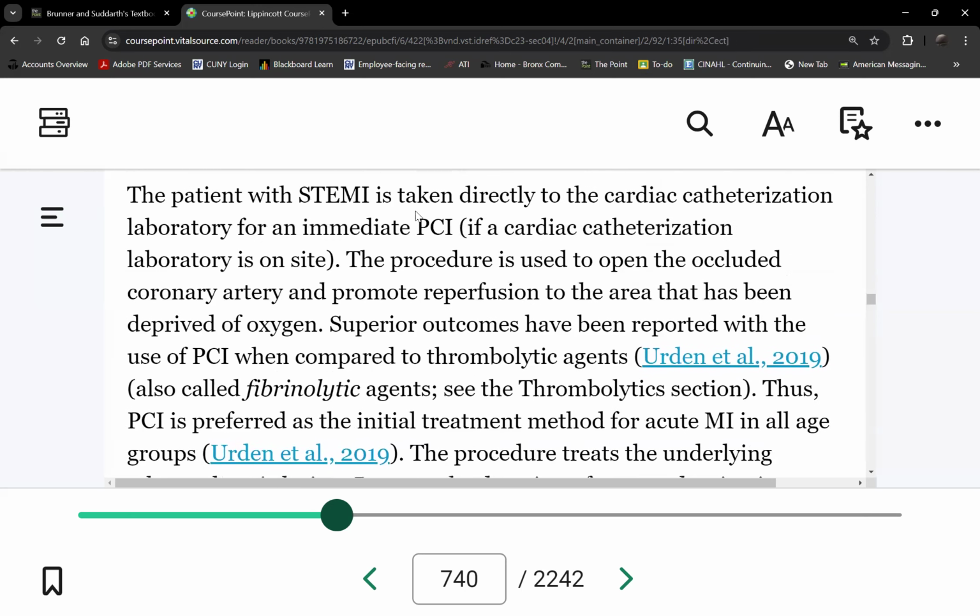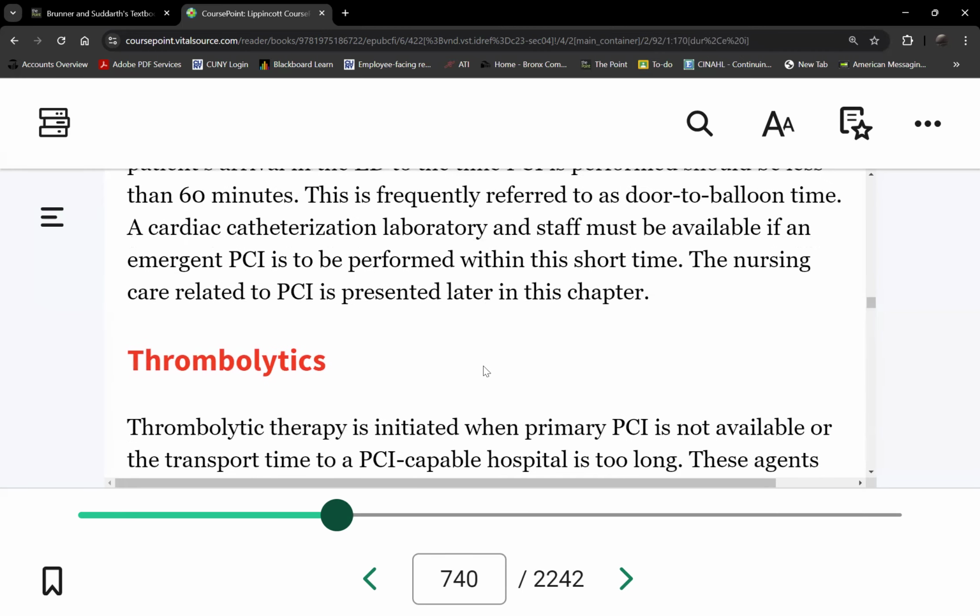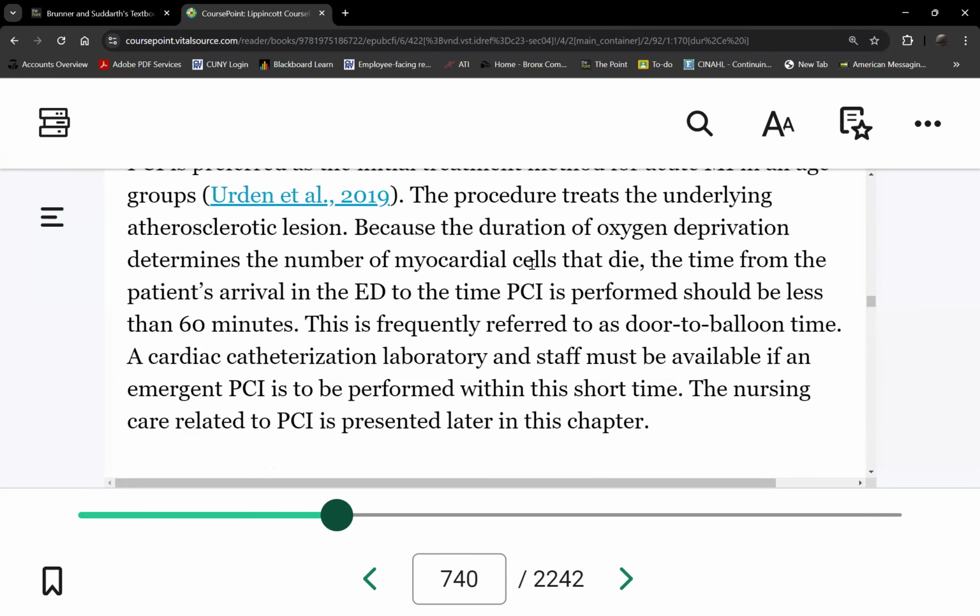So if the patient doesn't have PCI available, then your only option is thrombolytics. Again, we don't prefer thrombolytics as much as possible because of the dangers of hemorrhage. The patient could bleed to death. So for STEMI,